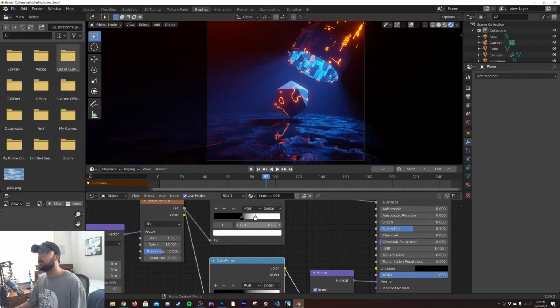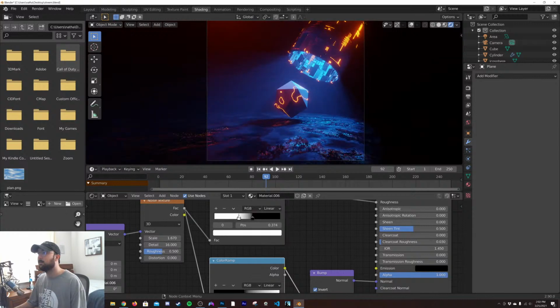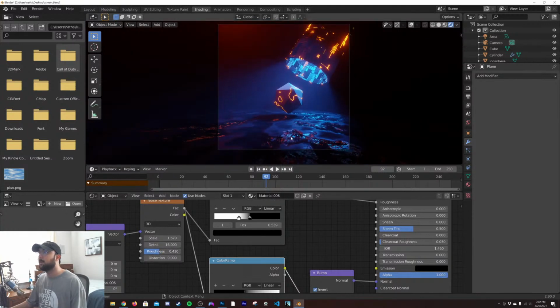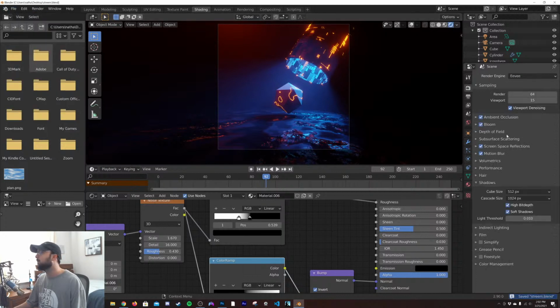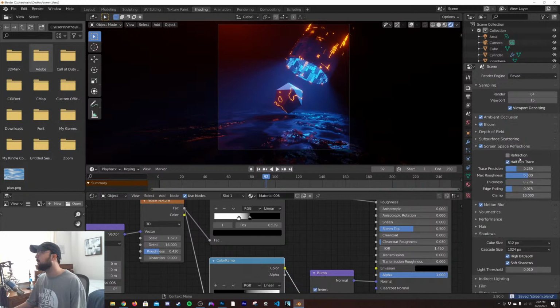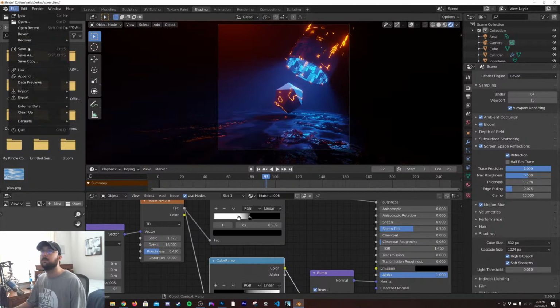And then invert that so that the puddles are cool. I like that. I like that a lot. Let's go to my reflections here and make sure reflections are all the way I want them to be. Don't like half res. Trace precision all the way up. Cool. File, save.